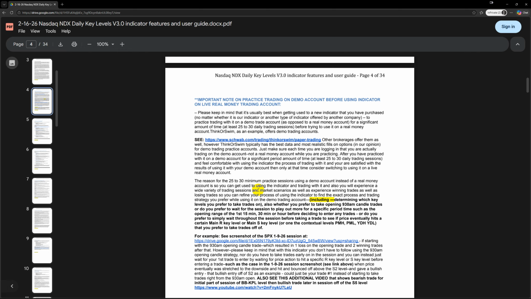And also, as we pointed out earlier, while you're trading on a demo account, you could also decide if you want to use the further out of the money options, the 1.5 level to 2 levels away, as we talked about, as a possibility since the NDX options are so expensive. If you're trading earlier in the session, go back to that section where we were in trading and re-review that part. That part is not in the user guide manual. That's just something we're bringing up as a possibility for you to consider because of the expense of NDX